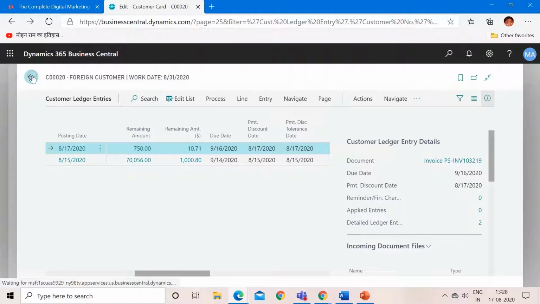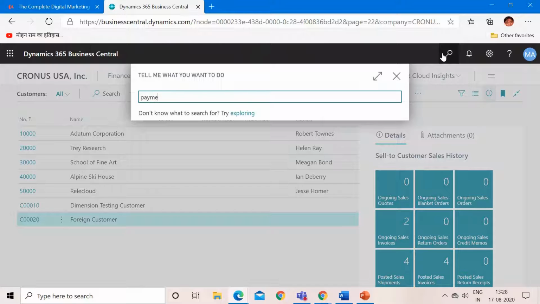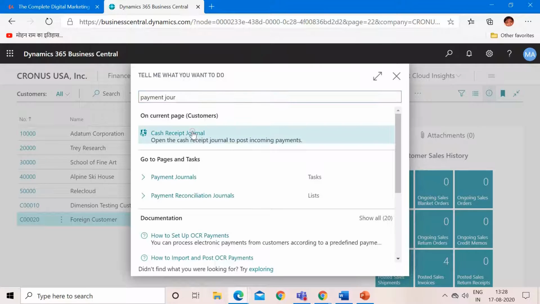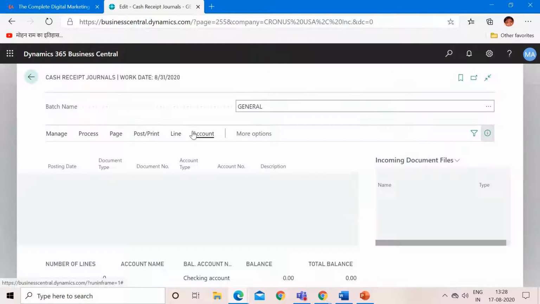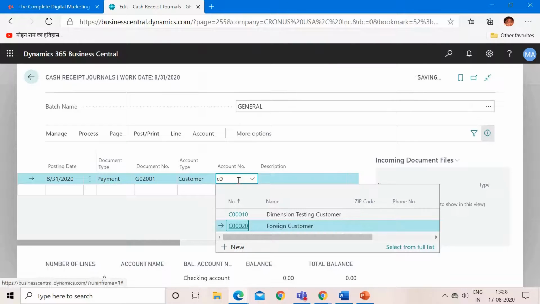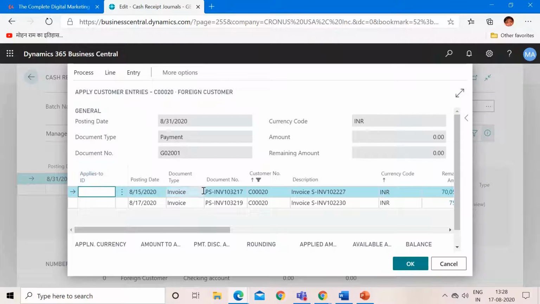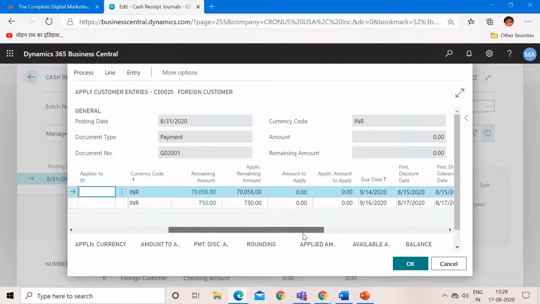If I create one payment line for this customer, let's say we will create a payment journal, cash receipt journal, and I'll select the document type here as payment, and on account type I will select the customer, select the customer number which is 7C0020, and here let me click on apply entry and select my invoice which I posted just now.